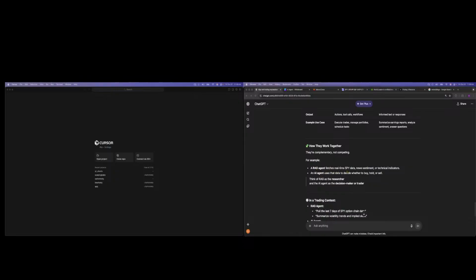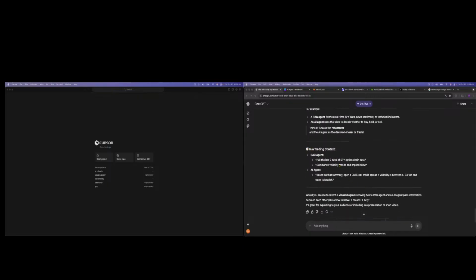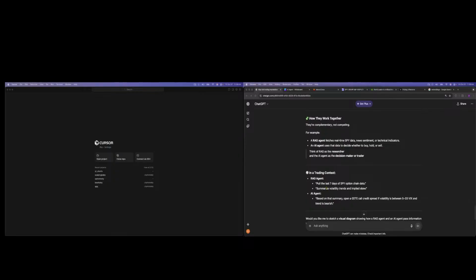A RAG agent fetches the real-time SPY data, news sentiment, and/or technical indicators, right? Technical indicators being like a moving average, a MACD, Bollinger Bands, and so on. An AI agent uses that data to decide whether to buy, hold, or sell. So think of a RAG as the researcher and the AI agent as the decision maker or trader, right? In a trading context, a RAG agent pulls the last 7 days of SPY option data, summarizes the volatility trends and implied skew. And then an AI agent, based on that summary, opens